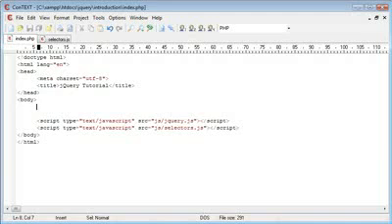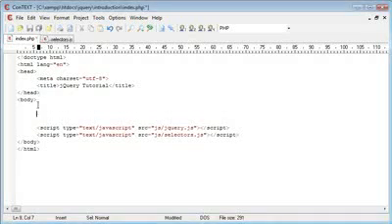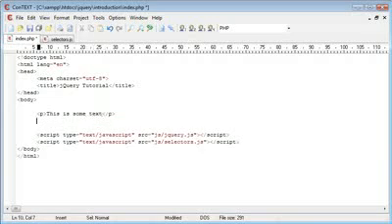So the first thing we're going to do is set up our page so we know exactly how it looks. So let's first of all go ahead and create our paragraphs. I'm going to create a paragraph here, and that's going to have some text inside of it. So this is some text. I'm then going to create another paragraph just below this. This is some more